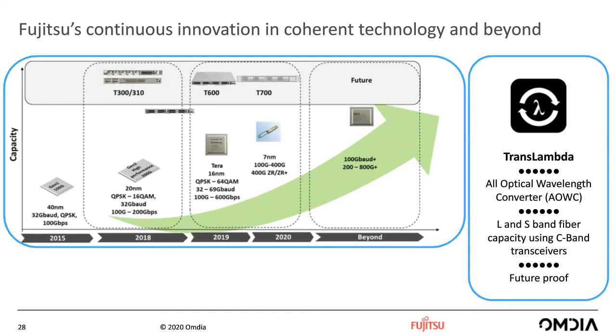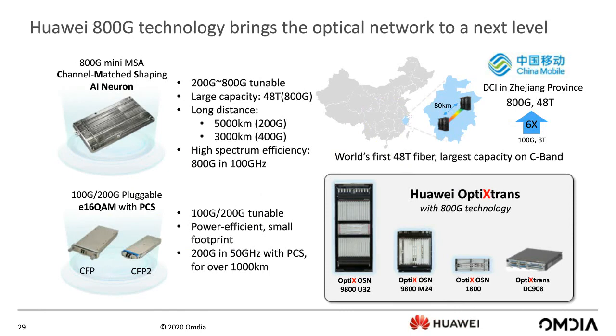Thanks. So talking about Huawei's portfolio, we are sampling our 800G mini MSA type module, which offers a 200G to 800G tunable capacity. We have demonstrated the 800G functionality of this device in a recent field trial with China Mobile, as you can see on the right side, with transmission over 80 kilometers connecting 2 data centers. At the same time, this device offers long haul and ultra long haul capabilities when dialing down to 400G